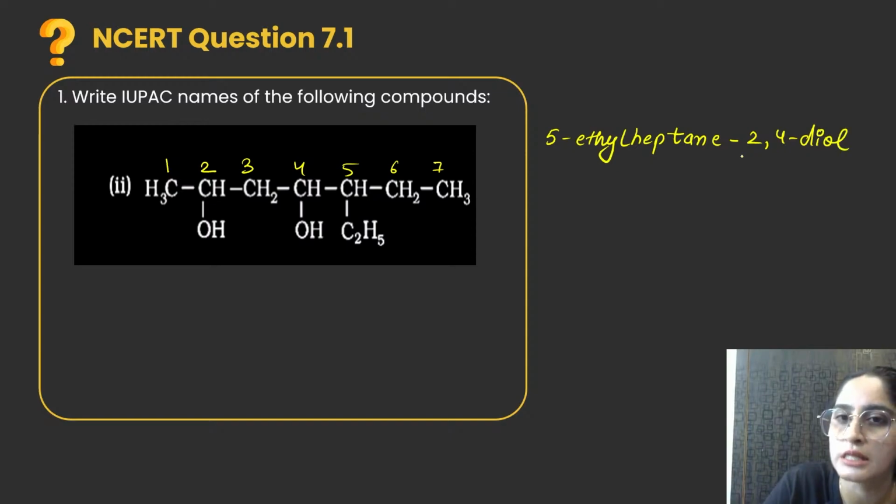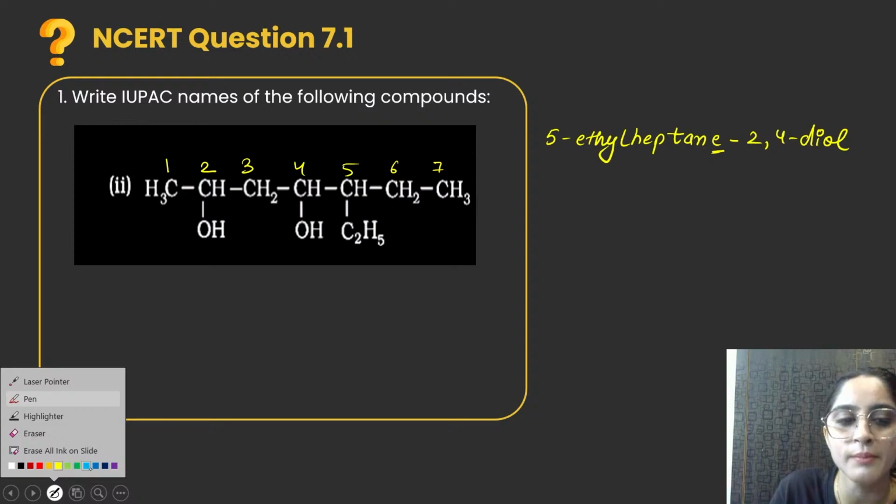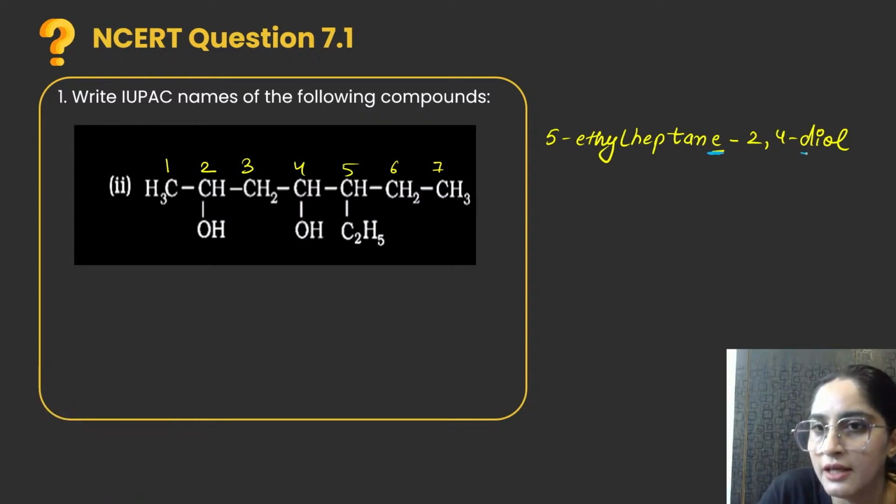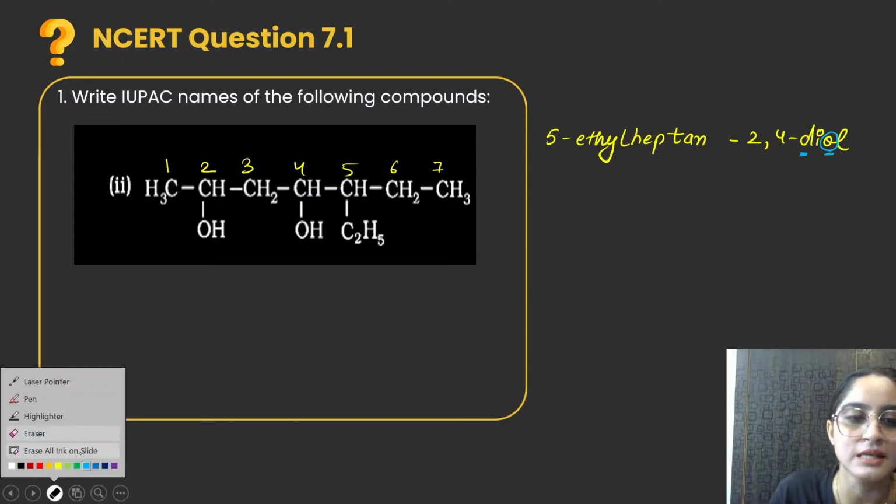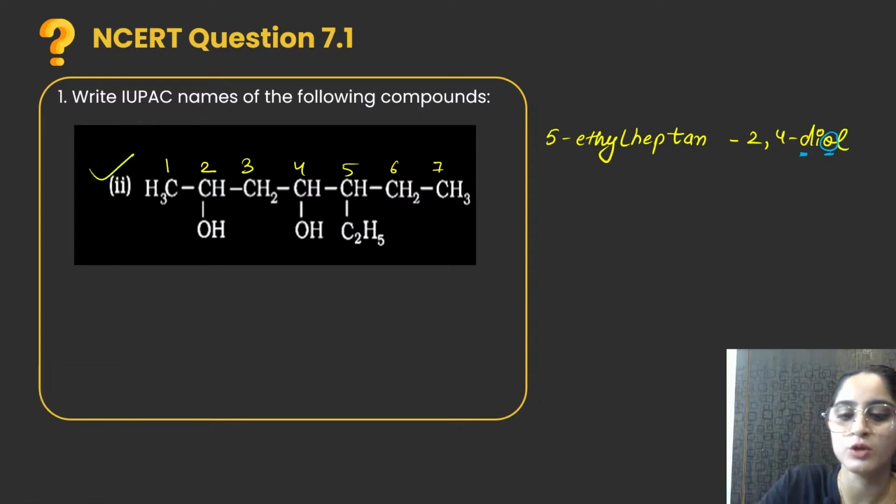Diol means two ols, right? So because this is E, now you will say, ma'am, we will not cancel out this E, ma'am, because after E, ma'am, you have D. But beta, di, tri, tetra is not included here, right? We don't count that while counting the alphabetical order or while cancelling it out. We don't count di, tri, tetra, okay? So that means here we will count only O, that after E you have O. That's why I will cancel this E here, okay? Second part is also done.